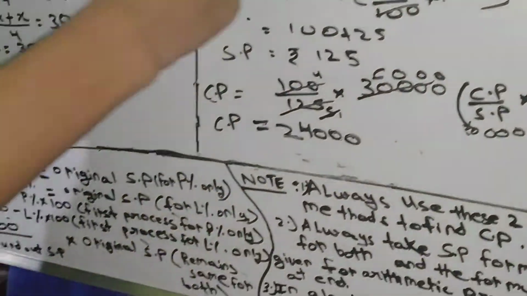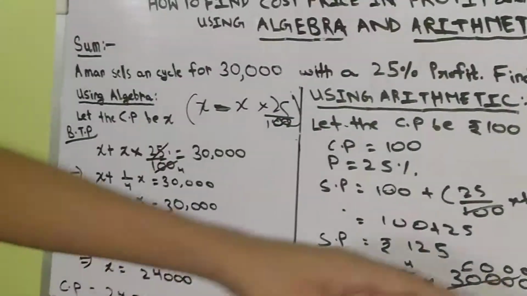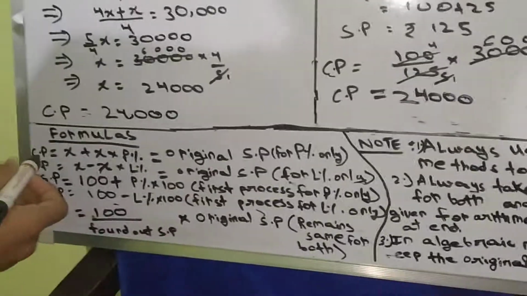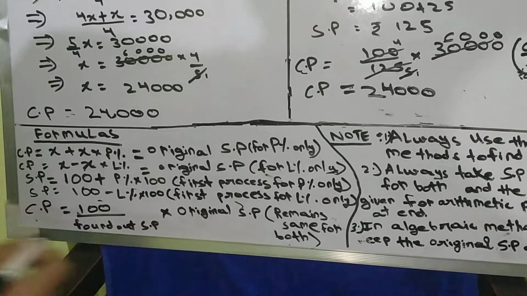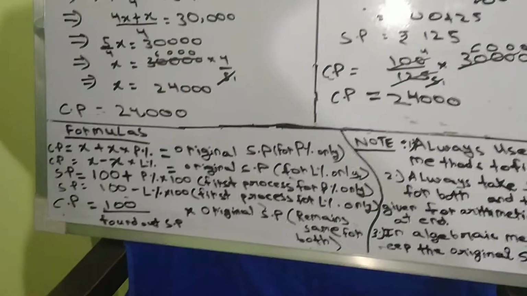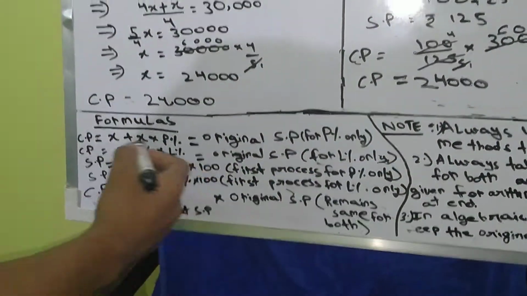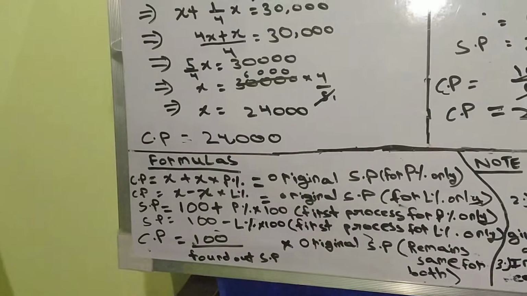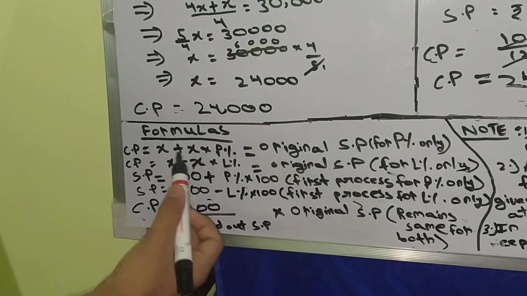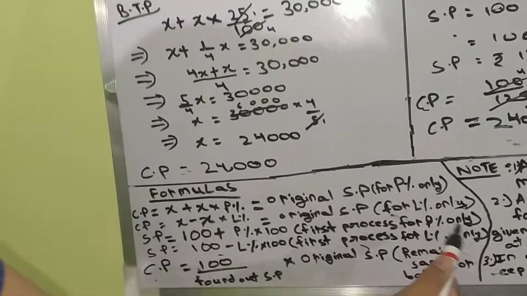Then one more thing is that always use this formula after the common procedure of arithmetic process, like I have given over here, cost price was selling price into original selling price. These are the formulas which I have also given to find cost price for profit percent only, if profit percent is given. And this is algebra. The first two are algebra for profit percent given and loss percent. Formula: x plus x into profit percent equal to original SP. Next one, if loss percent is given, then x minus x into loss percent equal to original selling price.